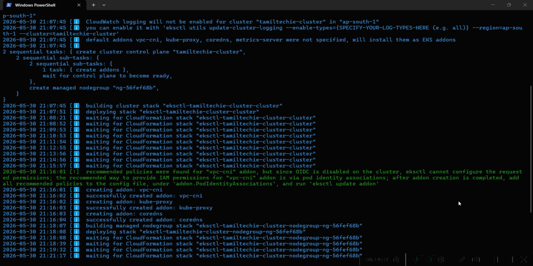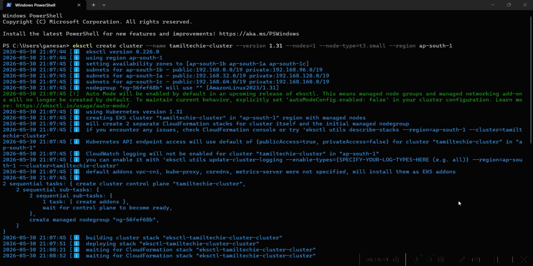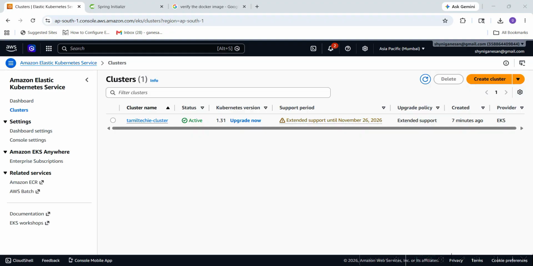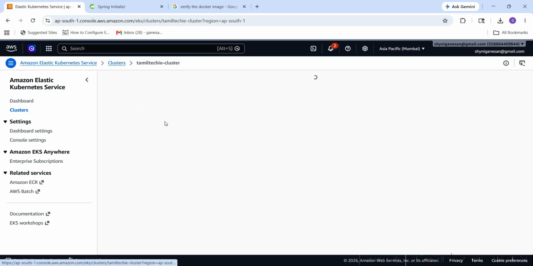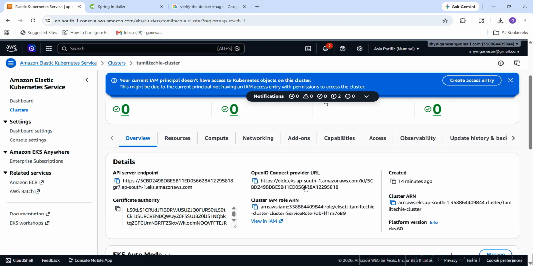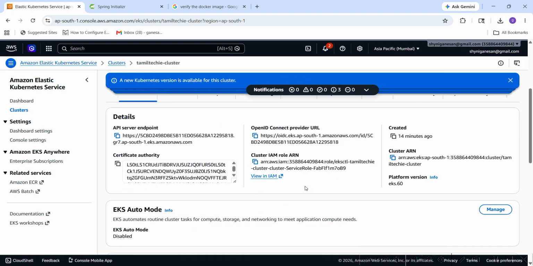Yeah, let's see. The cluster is created. It takes almost 15 minutes. Let's verify. Okay, yeah, here you can see Tamil Techie Cluster has been generated. The next step, we need to create